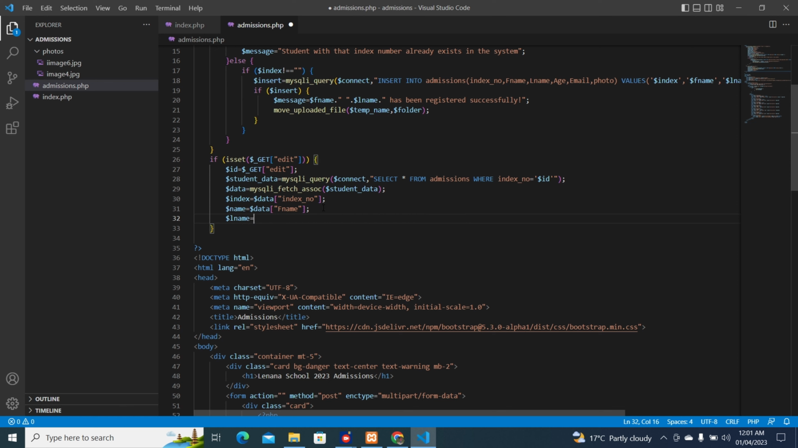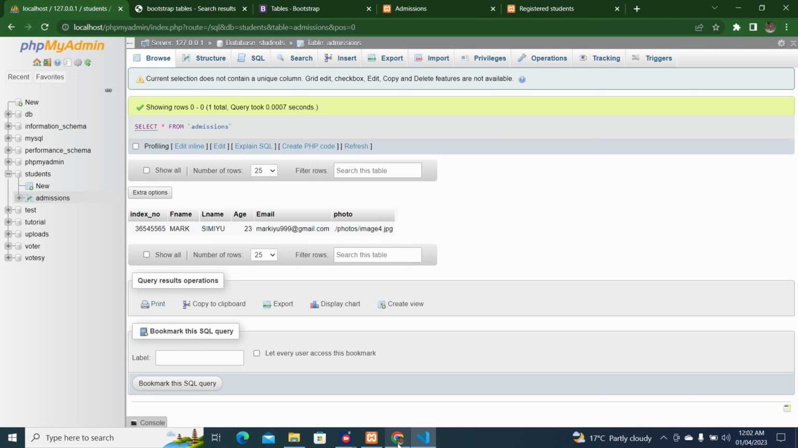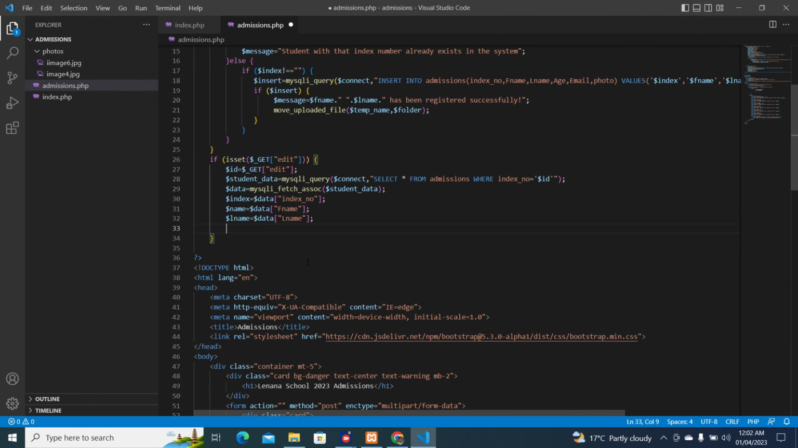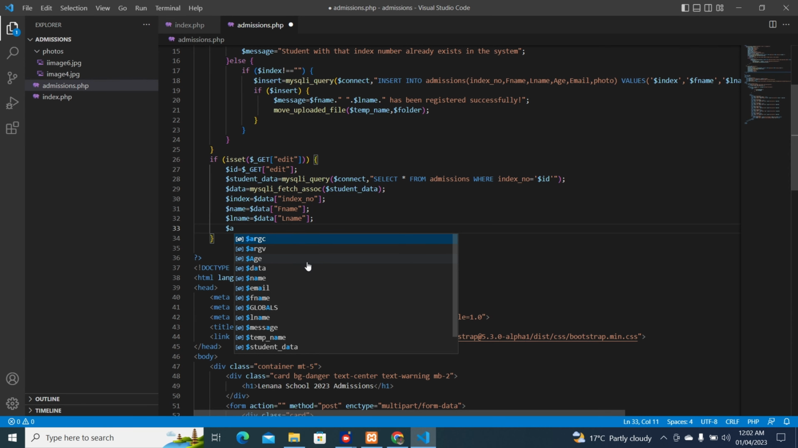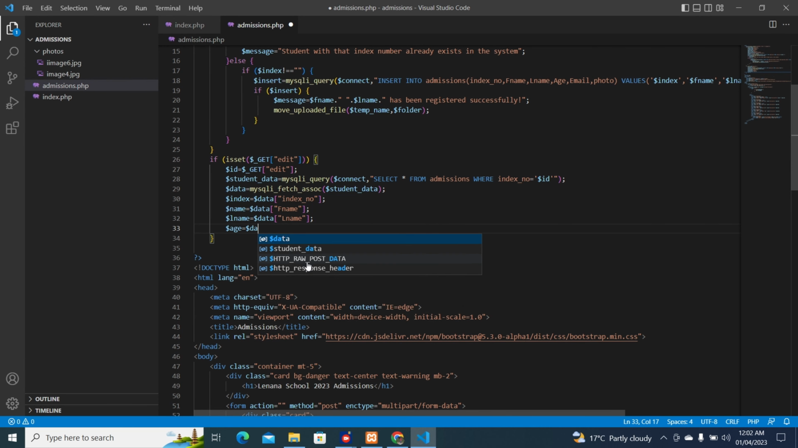lname equals data lname, and then we also have another thing. What is it? Age here. Age equals data age, and then